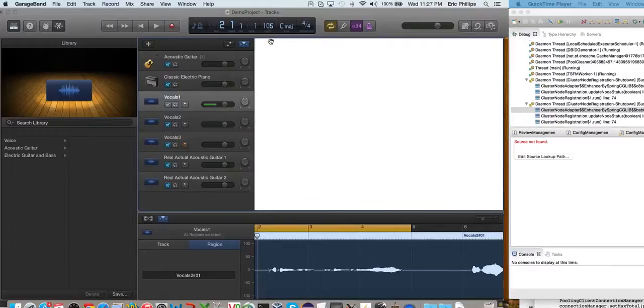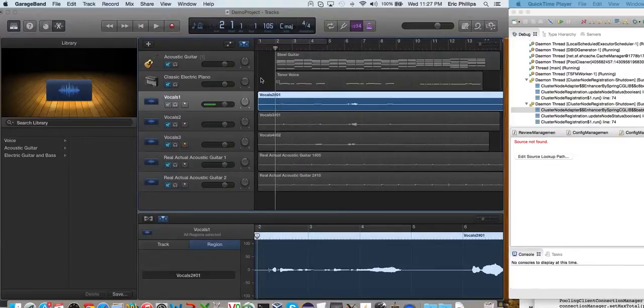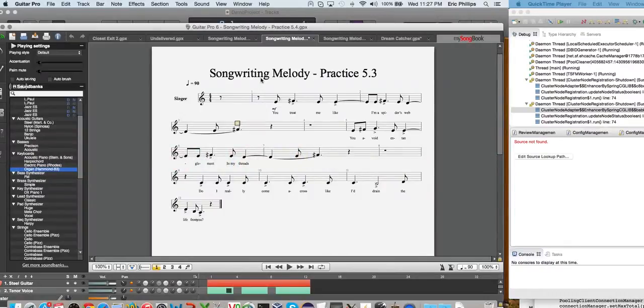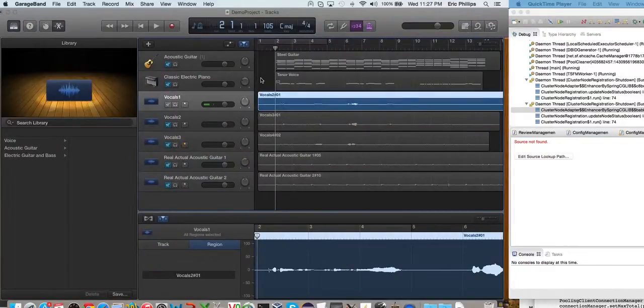So what I have here is set up where I have some MIDI instruments where I actually recorded that from a score from another program that I wrote and then I exported to MIDI. And then I used this tenor voice track from the MIDI instrument as a vocal guide that I sang to as I played that back. So now I have three different performances, and as it happens, I like the three different sections